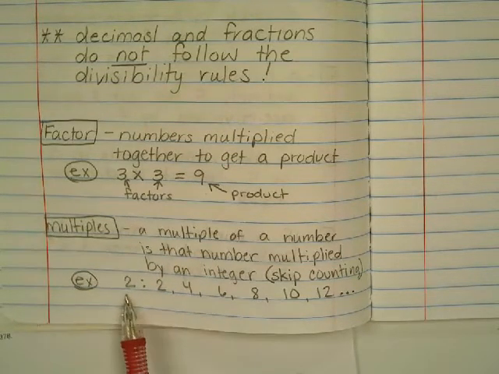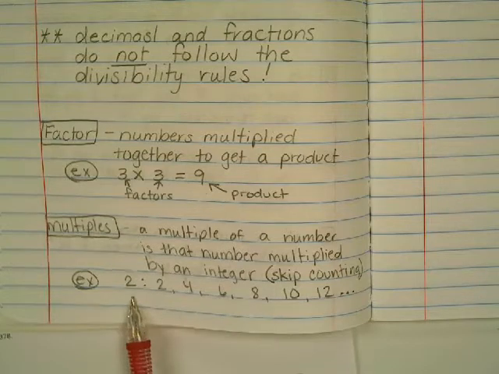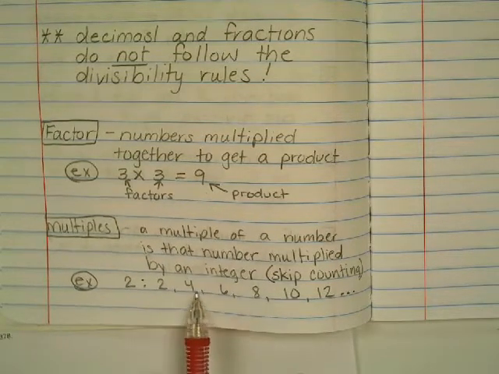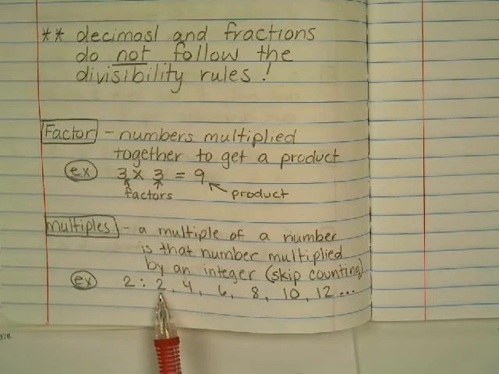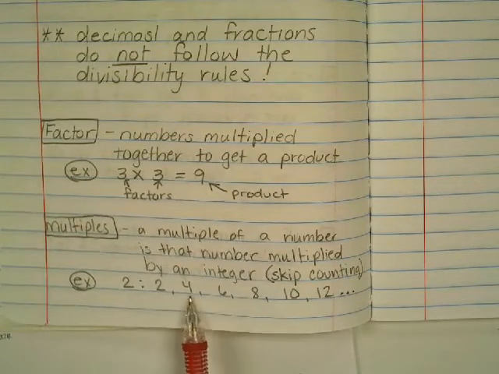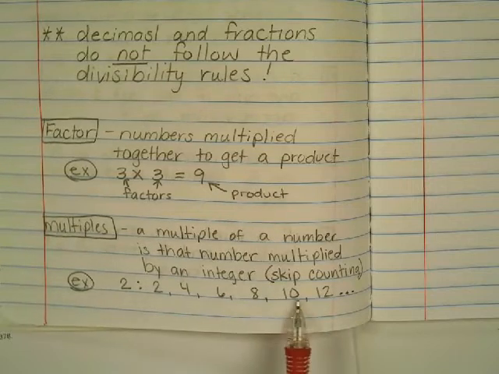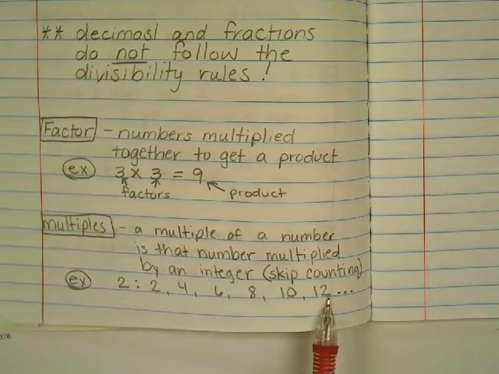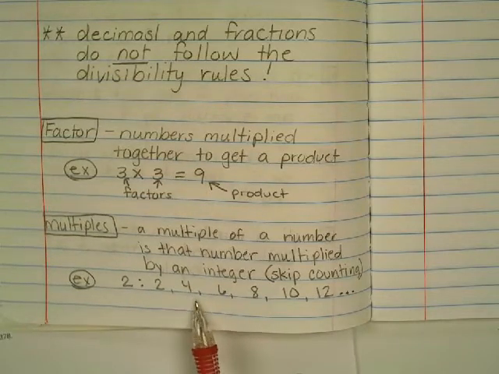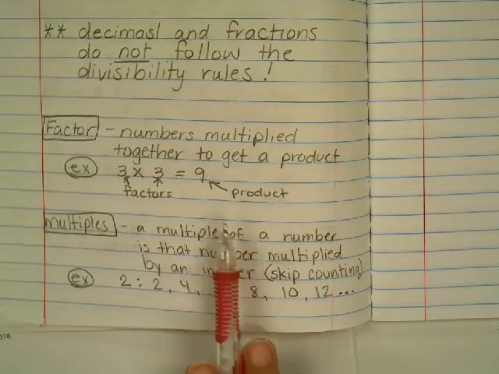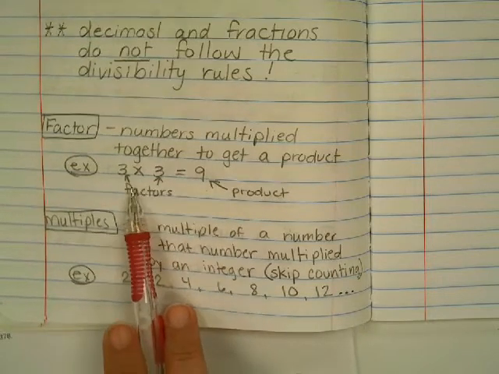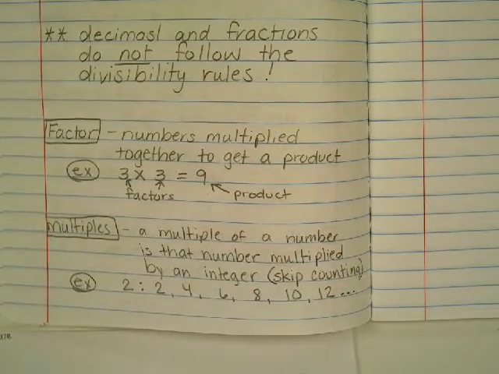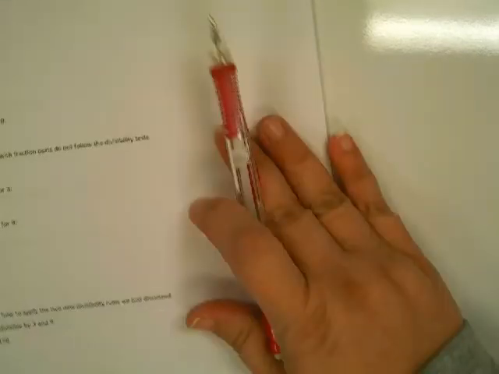So for example, if you wanted to list the multiples of 2, then you simply skip count by 2's: 2, 4, 6, 8, 10, 12. This is the same as saying 2 times 1, 2 times 2, 2 times 3, 2 times 4, 2 times 5, 2 times 6 result in those answers. So when you're talking about multiples, you're only recording the products. When you're talking about factors, you're only talking about the 2 numbers that you multiply together. So now let's go ahead and take back out our book,